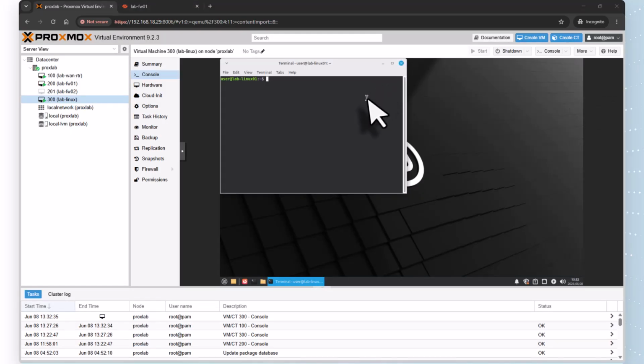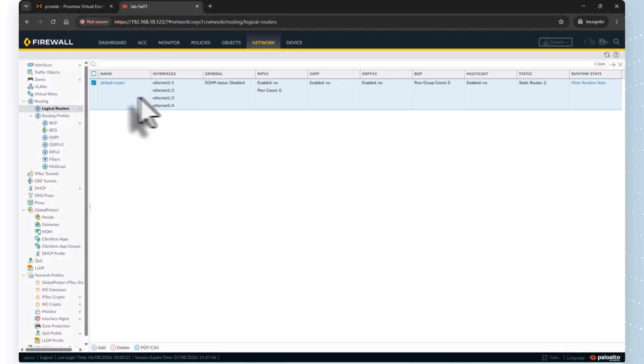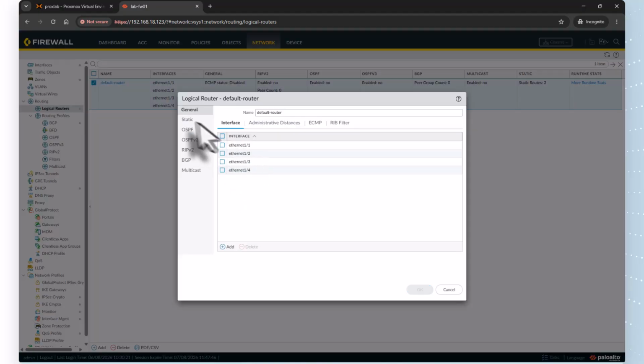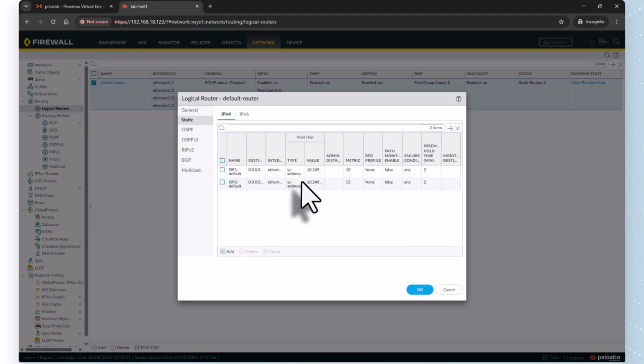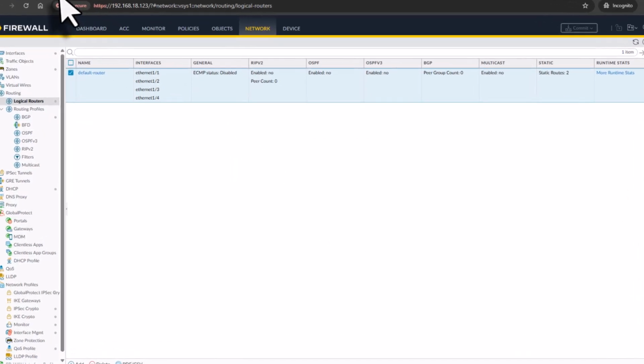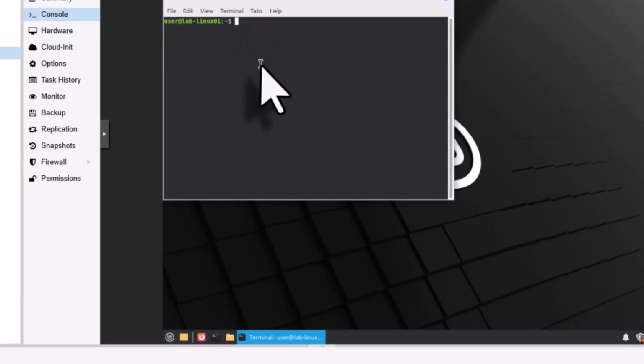Okay, we're back. In an effort to make a step-by-step video series on configuring the next generation firewall, I forgot that I had not created static routes yet. So I actually had to go into the firewall and to my logical routers and give myself a path out to the internet so traffic would actually know how to get there. So now if I go back to my firewall and I'm going to ping Google,